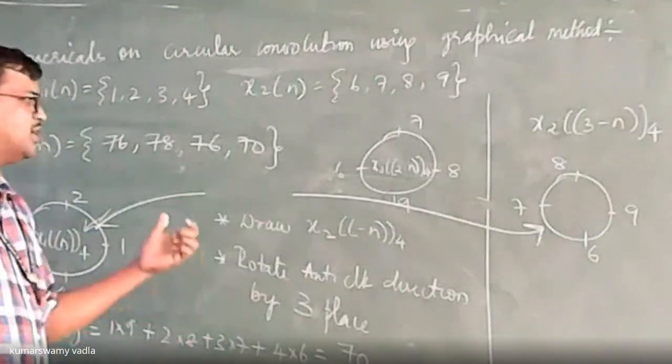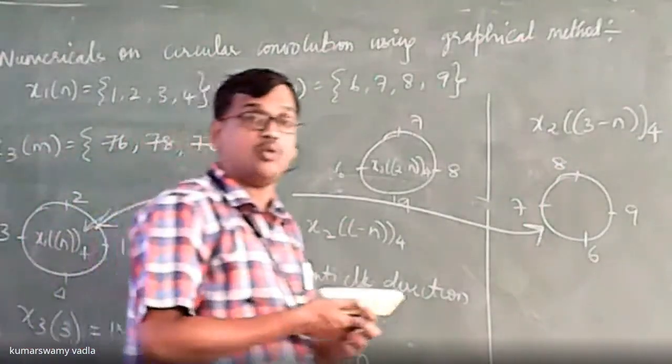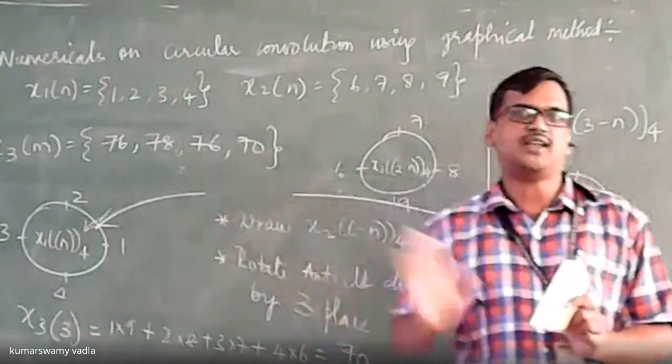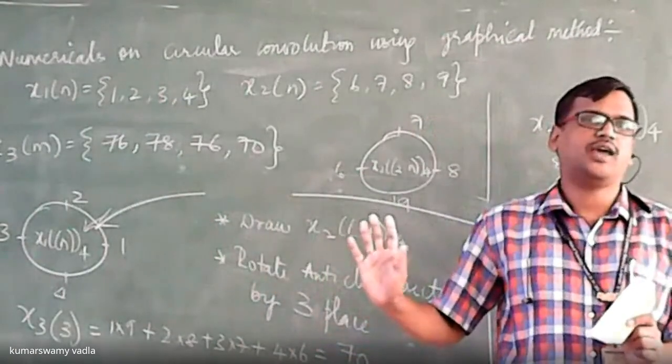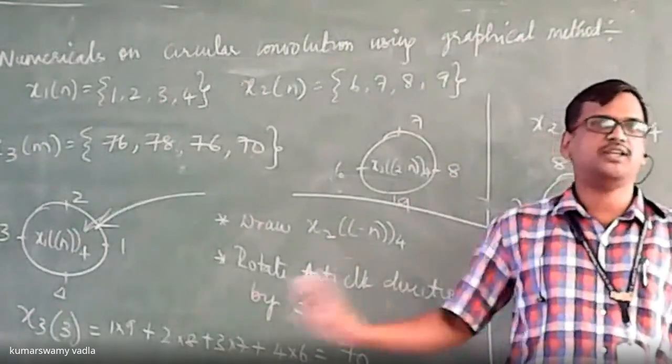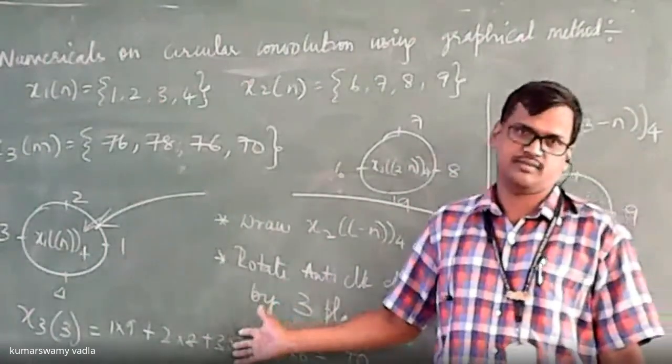Sir, so now we are tallying with the previous example, sir. But in exam, how will we know that our answer is exactly correct or not, sir? No, that is what you need to see. It is not that I wanted to convince you that circular convolution results are same, using 3 different methods, answer should be same. But in examination, you cannot tally this.